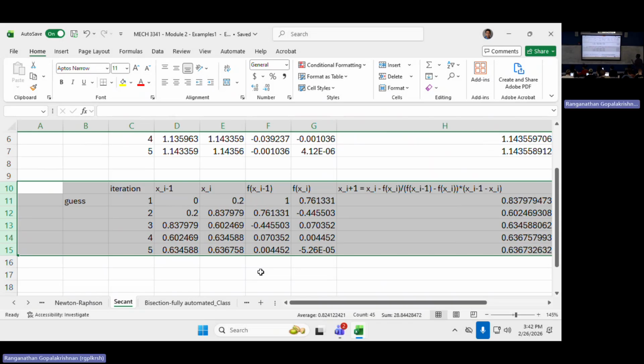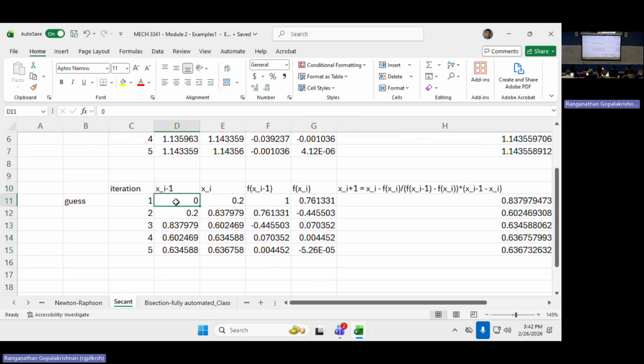So this is the secant method, which I just quickly implemented with Excel. You have to pick your two guesses, and the point I want to make is that the choice of the guess should not matter. So I had 0 and 0.2, so it went through the sequence of values that we saw. So let's say I make this minus 10 and plus 10,